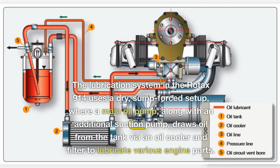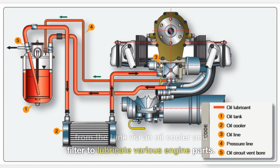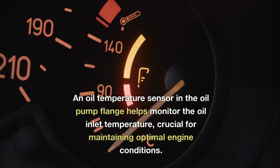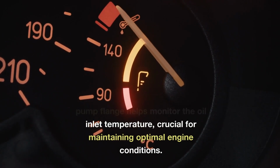The lubrication system in the Rotax 914 uses a dry-sump forced setup, where a main oil pump, along with an additional suction pump, draws oil from the tank via an oil cooler and filter to lubricate various engine parts. The surplus oil from lubrication points and the turbocharger is directed back to the oil tank, ensuring an efficient oil circuit. An oil temperature sensor in the oil pump flange helps monitor the oil inlet temperature, crucial for maintaining optimal